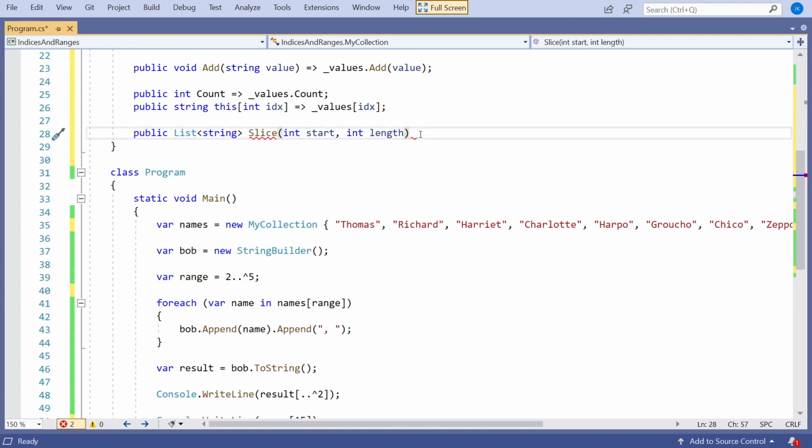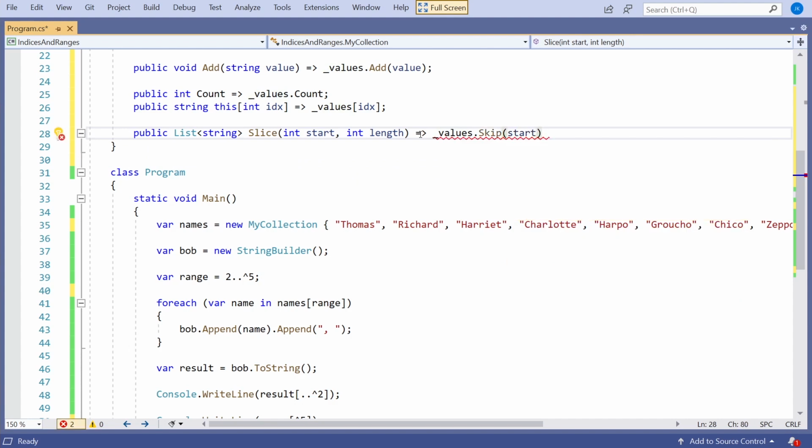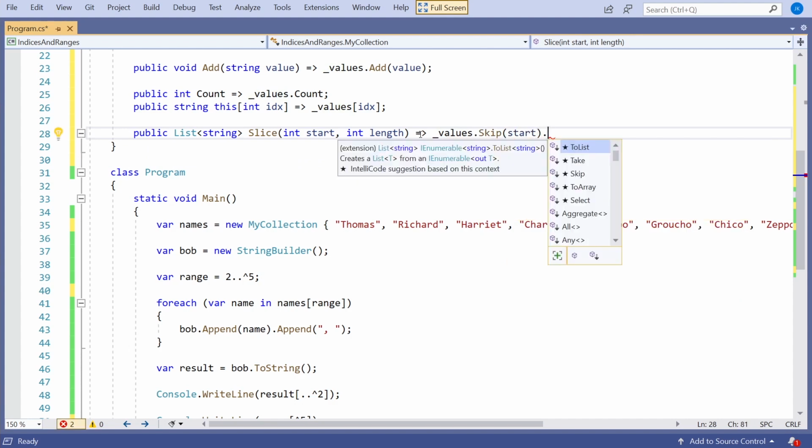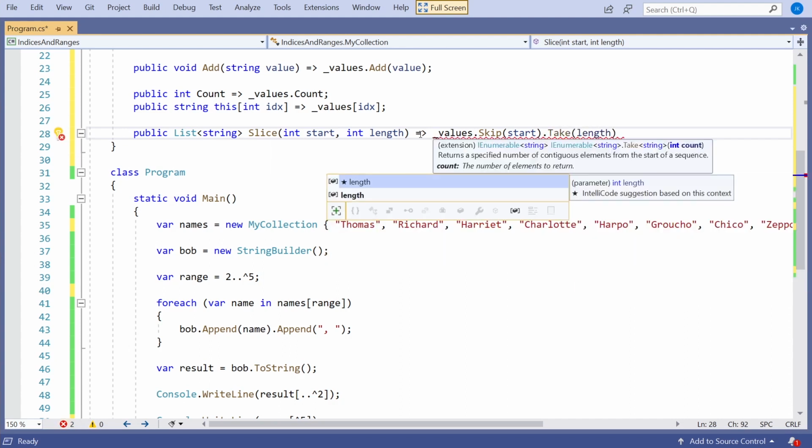So all I need to do here is something like this. Let's take our values and then do this in the more old-fashioned way. To do that, I would do a skip. So I'll use LINQ here. So skip start, so we move along that far. And then we can do a take length.